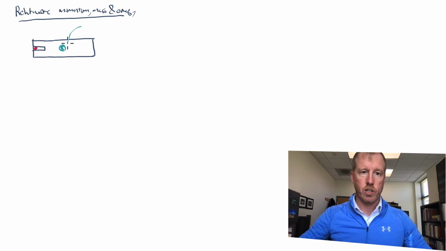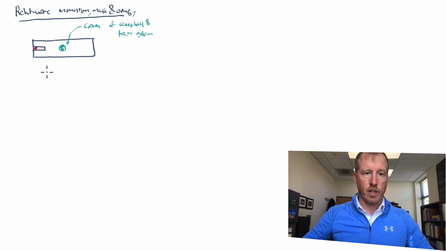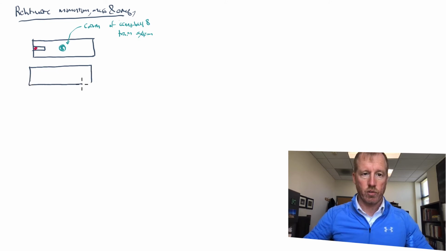So this is the position of the center of gravity, or the center of mass, of the cannonball and train system. Okay? Now here's what I want you to imagine. I want you to imagine that this cannonball is fired, and when it's fired, of course, there's a bit of a recoil. That is, the train starts moving to the left. Now, of course, the train is much heavier than the cannonball, so while the cannonball has an enormous velocity to the right, the train might have a very small velocity to the left. Nonetheless, it does move a little bit to the left.